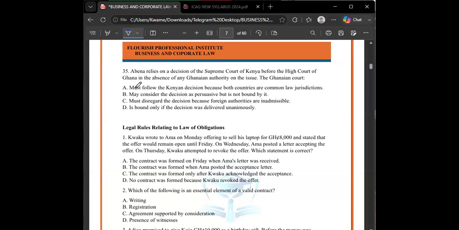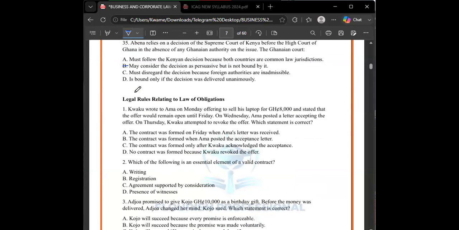Okay. So this one is just like what you've already heard about persuasive precedent. So these are the few tutorial questions that we've done on the first part, which has to do with the legal system in Ghana. So at least going through this, we've touched on the issue of the courts, the precedents, the hierarchy of the courts, and the interpretation. I think what we couldn't touch much on is the alternative dispute resolution.